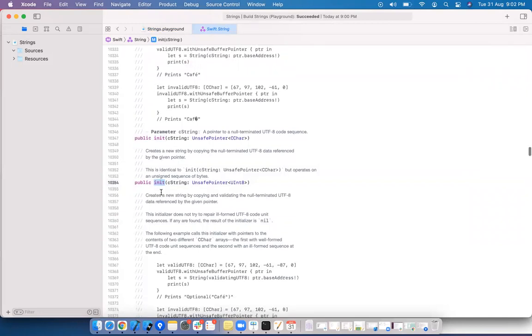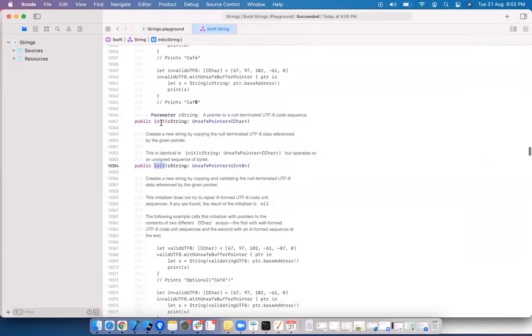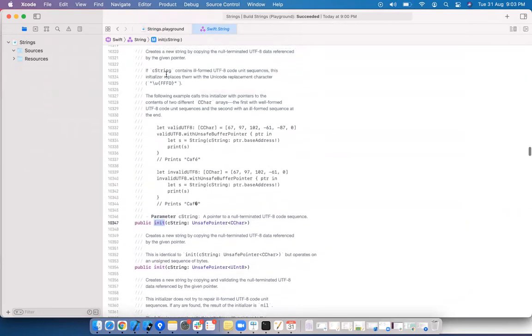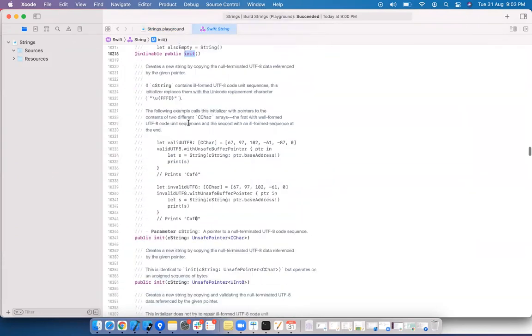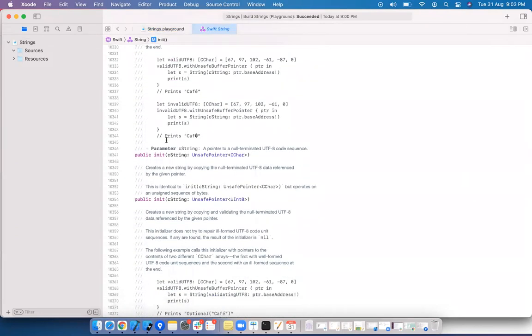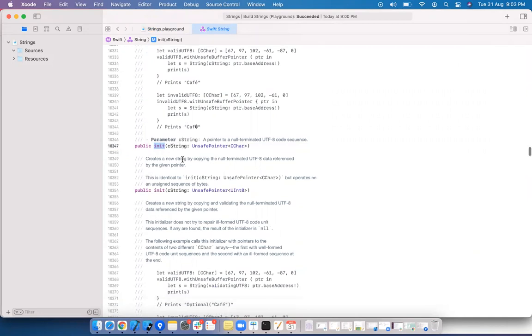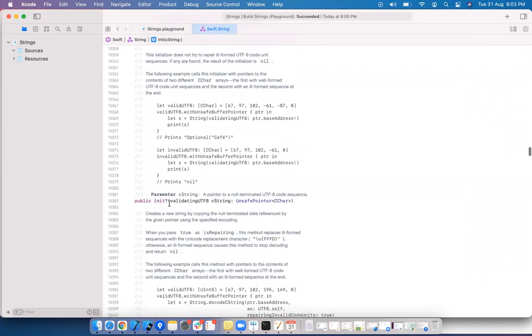Again, custom initializer. If you see the init method, right? This is also an init method. Actual concept is overloading, but here the method names are getting changed. We will see whether Swift is considering the method names as same or different, so that we can decide whether it is allowing overloading or not. Okay, I said it is not allowing overloading. Let's see that. We are having multiple init methods here.